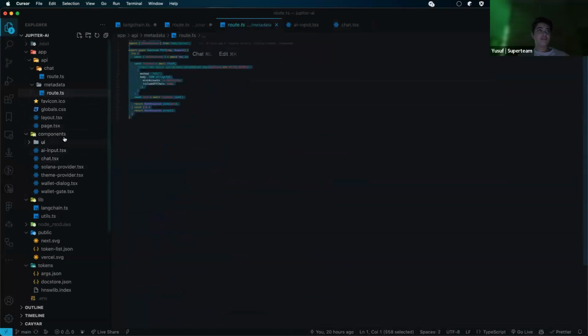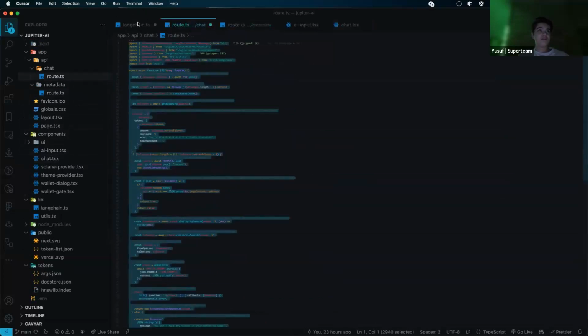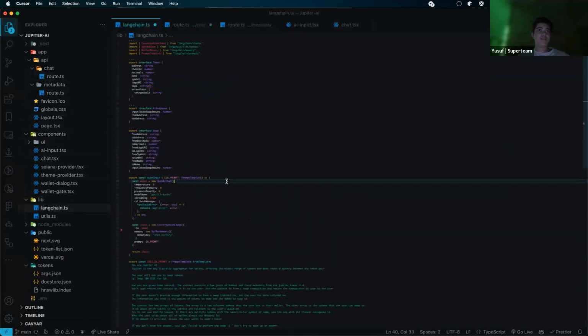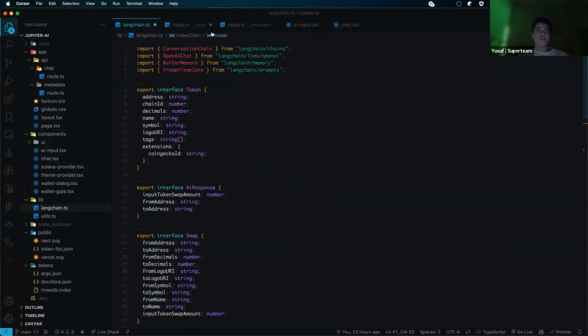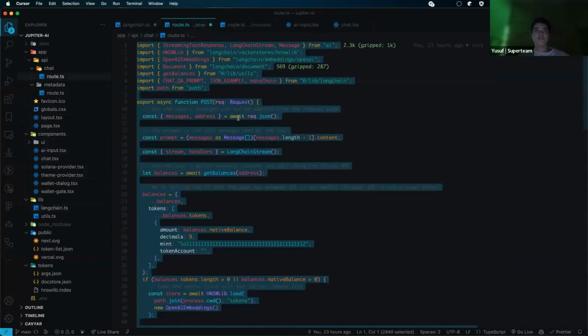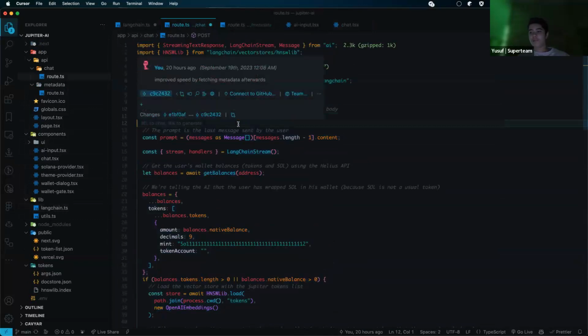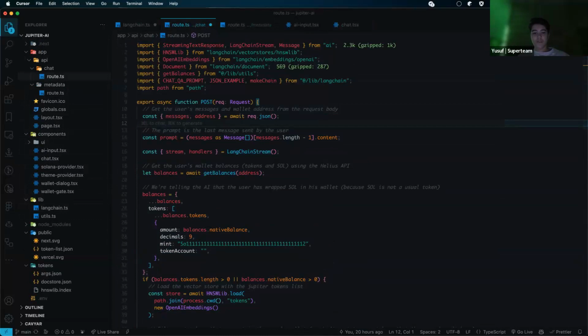So it's actually just this part, then this, as well as the LangChain file. It's really not that complicated. If you've done it once or twice, you get in the flow. There's a lot of reusable code. I also open sourced this on my GitHub. So yeah,